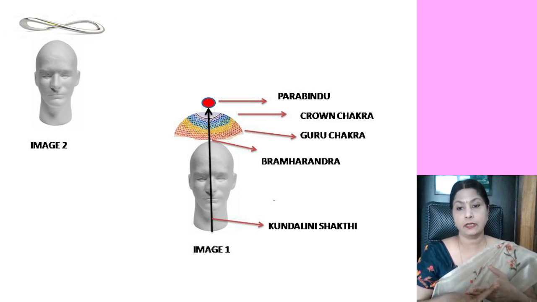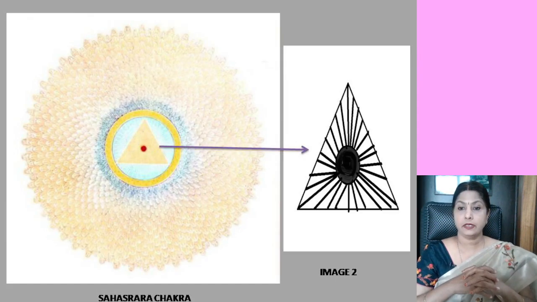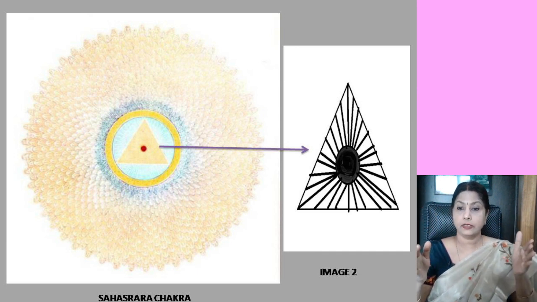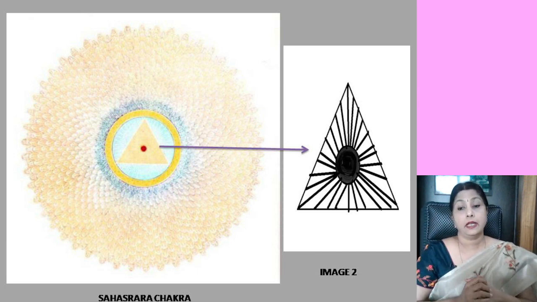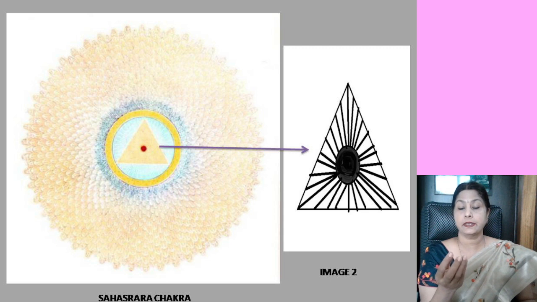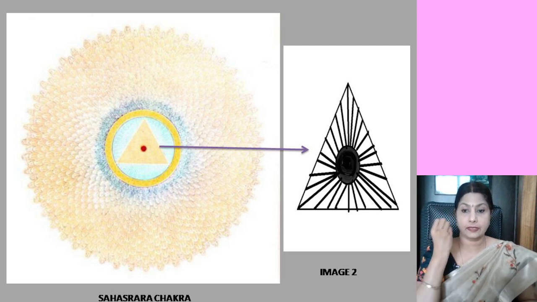That is the Guru chakra, which is located within the lower portion of the Sahasrara chakra, and then the Sahasrara chakra. The Sahasrara chakra, the flower petals are facing downwards like an umbrella. There are 20 layers of petals, and in each layer you have 50 petals. So it's 1,000 petals approximately. And the central portion of the flower, that is the pericarp, it is facing upwards.